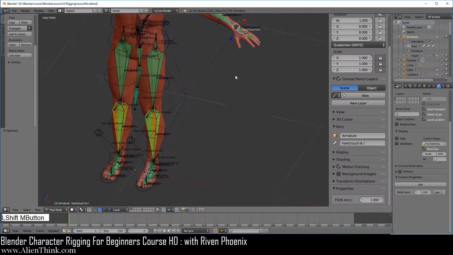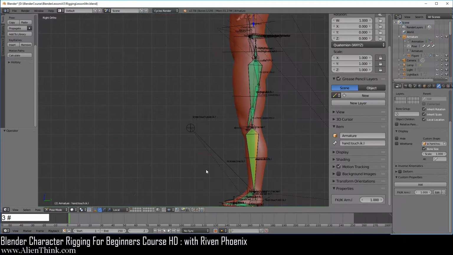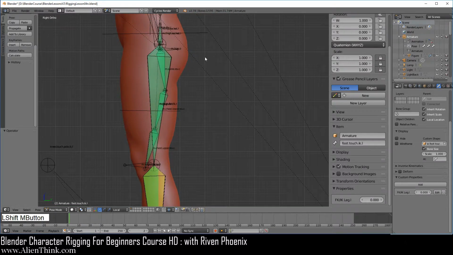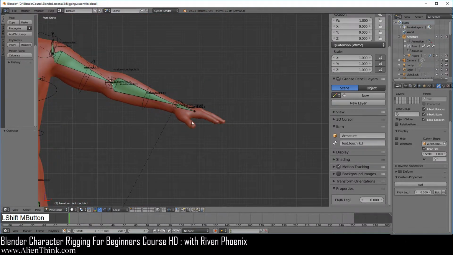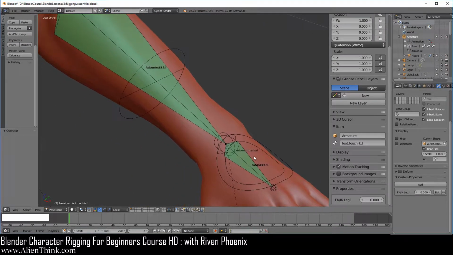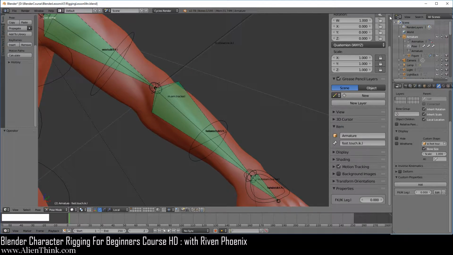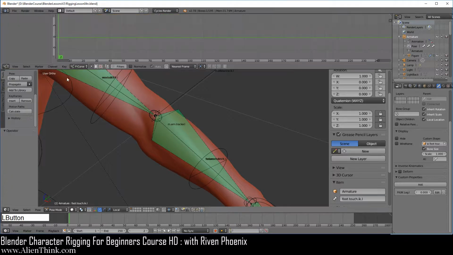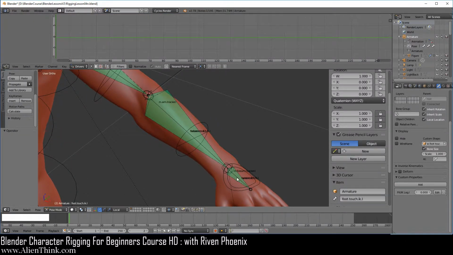Now just to show you that over here, if I press the 3 key to zoom in on this area, when we click this, we had called this fk/ik leg.L. Okay, so basically doing the same thing over here. So go ahead and just focus in on this area over here. Let's go ahead and bring up the graph editor and go to drivers over here, and let's go ahead and